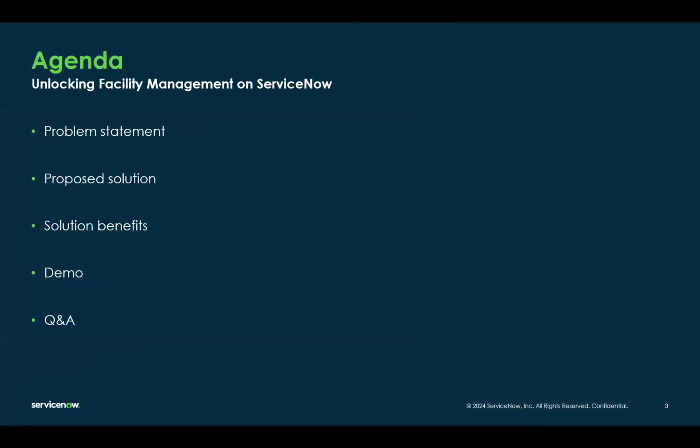Here is our agenda. We're hoping that you will walk away with the following over the next 60 minutes or so. We're going to talk about the problem statement. Why are we focusing on how to unlock facilities management on ServiceNow? There are reasons for that. We're then going to look at the proposed solution that we offer on the Now platform. We'll then spend some time on the benefits of it. And then we're going to get into a demo. Brad's got a demo queued up, and we're going to get right into the tool and see a flavor of